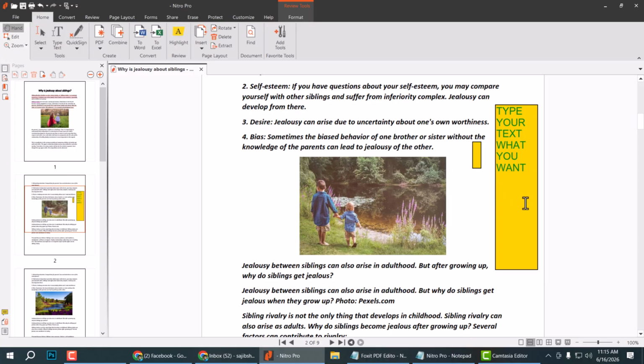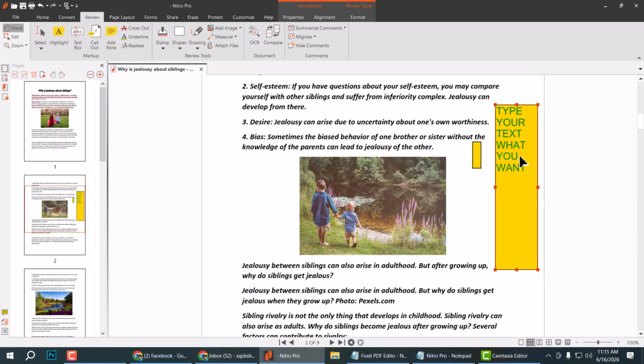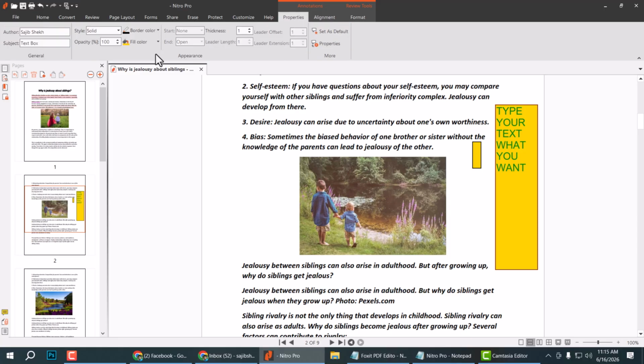Now select the hand option and click here. Now select it and choose the Properties option. You can change the fill color. Let's say this is the border color,